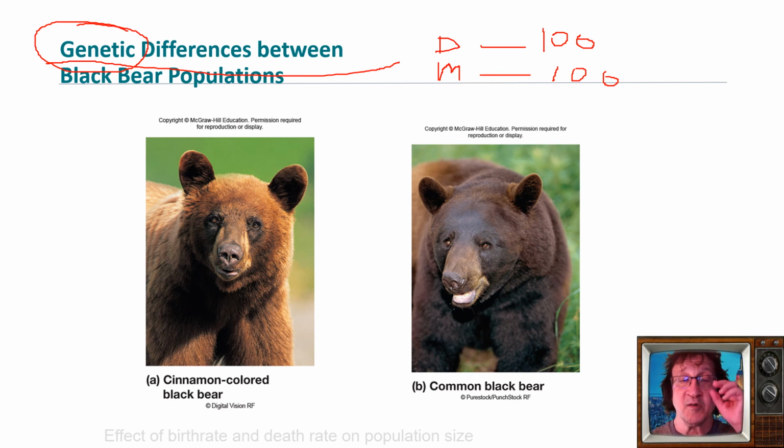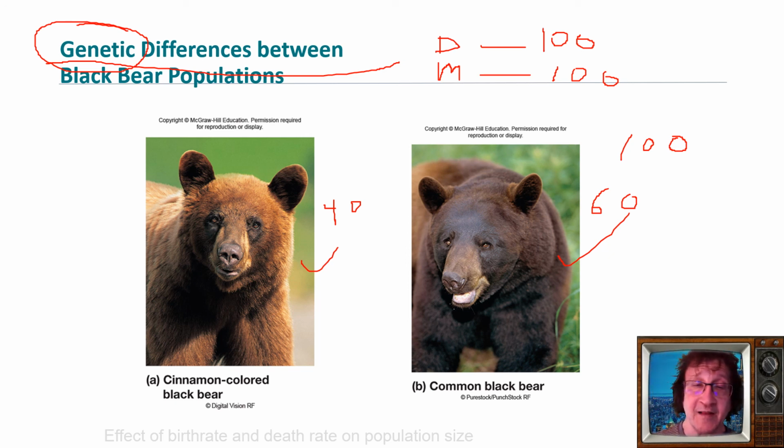And here's what we learned: when we start looking at bears, and you see, let's say, a brown bear and a black bear, they are the same species. They are the same thing. I mean, they interbreed. But when you're counting them, usually what we would do is count them as a subset. So we say, I found 100 newborn and 40 were these and 60 were these. And that might be true in one area. Then in another area, you might find the reverse of that.